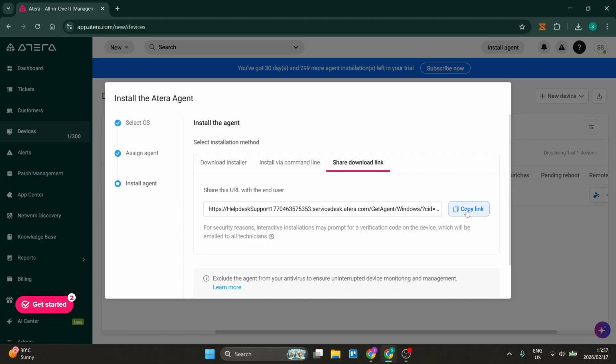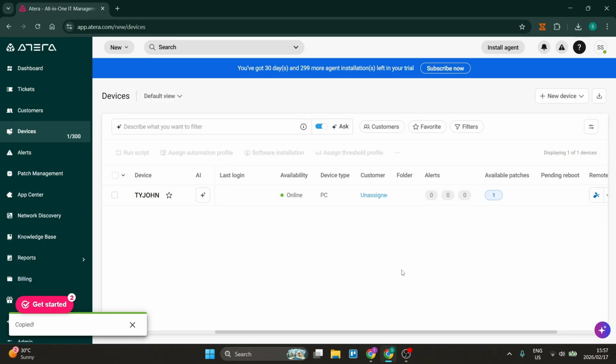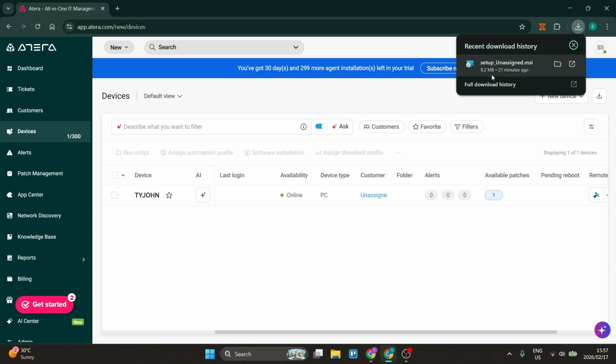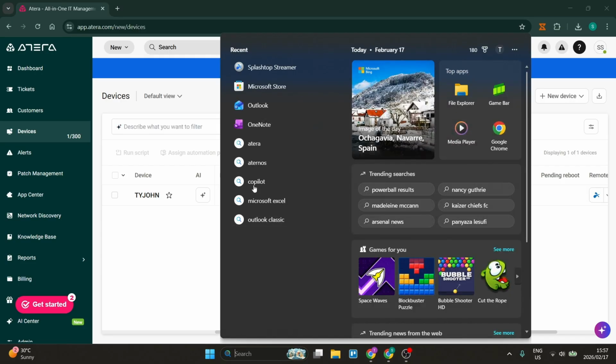Now if you share this download link, so click on copy link, come down here, click on done, and send this link to whoever you want to send it to. Now what will happen is they will install it. It will look like this. It'll say setup unassigned, and then once they install it, they'll go to their device, they'll go into search, and